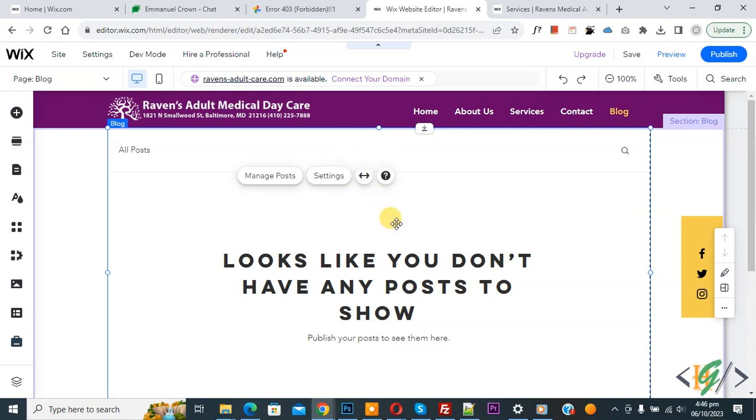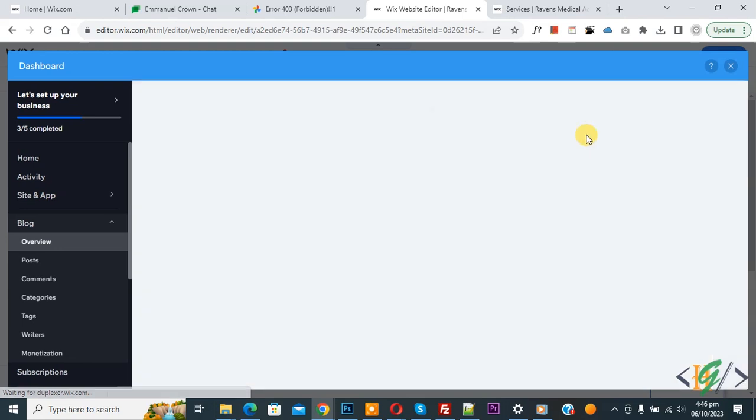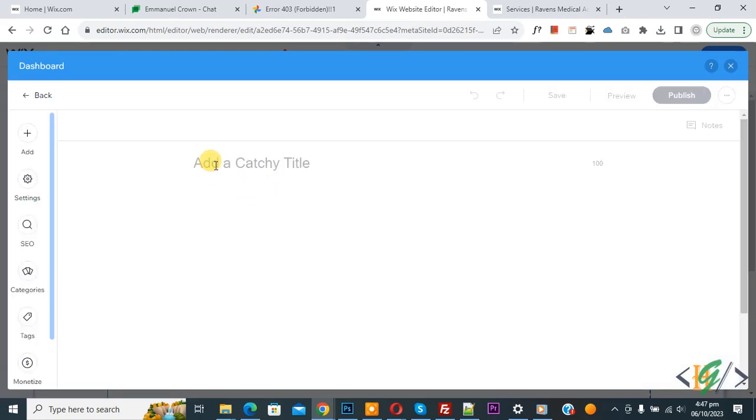So we are in the blog page. Now you see Manage Posts, so click on it. So we are going to create a post. Now the dashboard opens and then you see Blog Overview and then you see the button Create New Post. So click on it. So now you can add the title, Blog 1